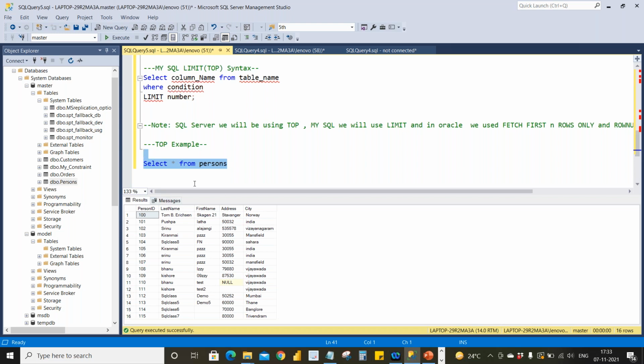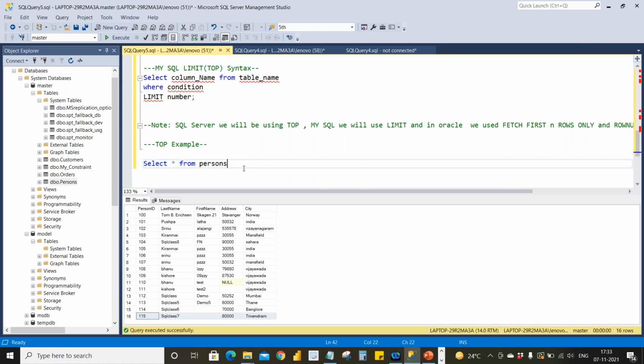So select star from persons. Person ID starts from 100 to 115. How many rows do we have? We have 16 rows. But I want only the top 10 rows.